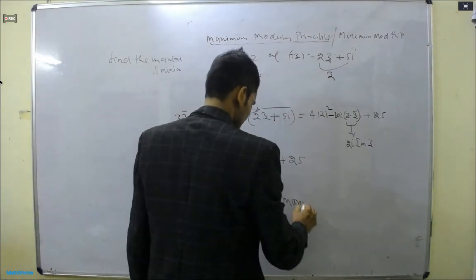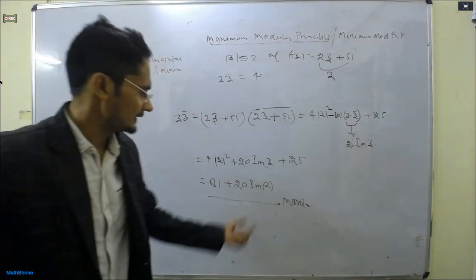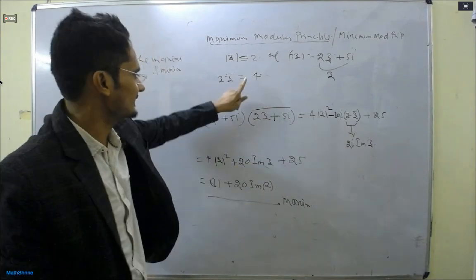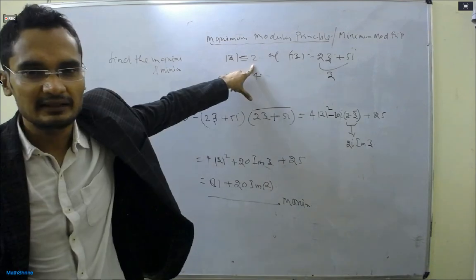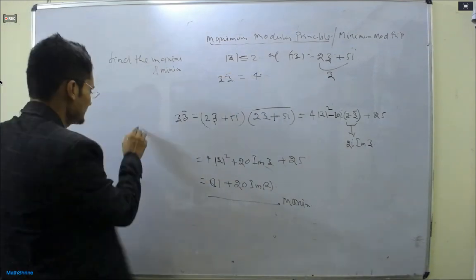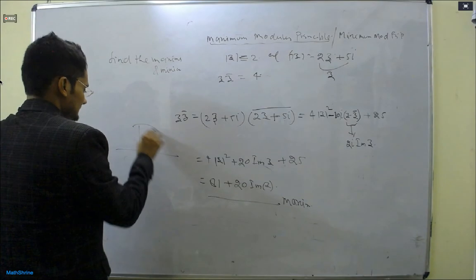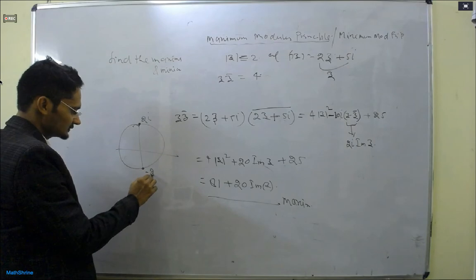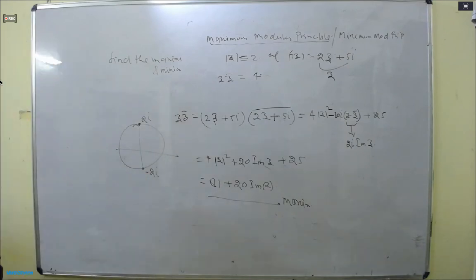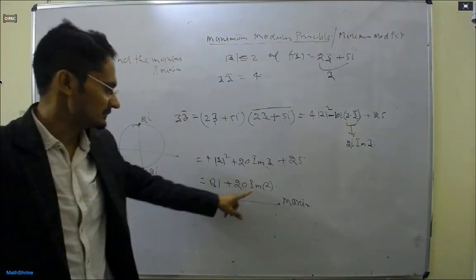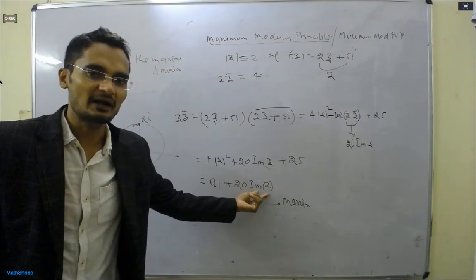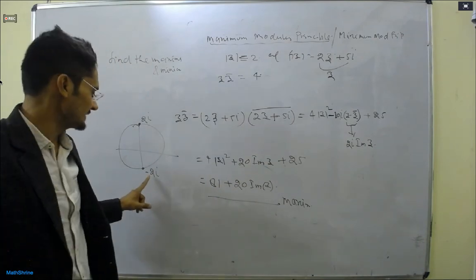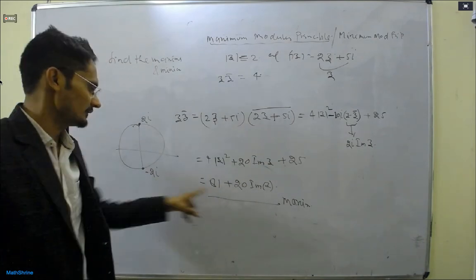So the maxima will be attained when the imaginary part attains the maxima, and this will be the minima when it is minimum. So when the imaginary part is minus 2, you can put minus 2 here, put 2 here, then it will be 40, alright? So you can calculate. So this will be your maxima and the minima. Okay, so what will be the value if you put the 2?